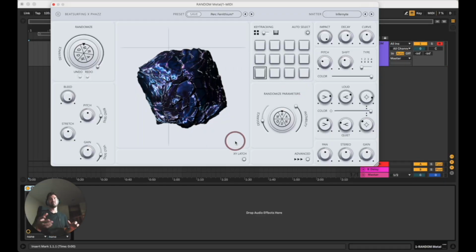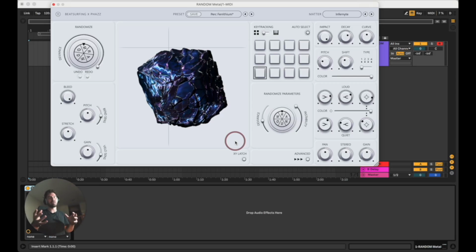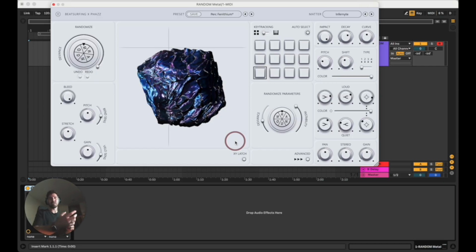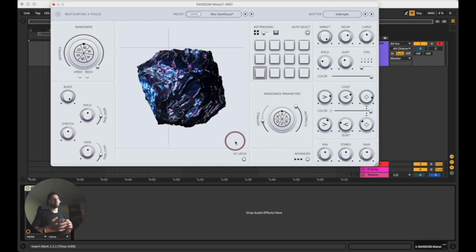So that's it. First introduction to this plugin. There are so many possibilities. The coding underneath this thing is insane. So get it, play with it, experiment, see what you can come up with,